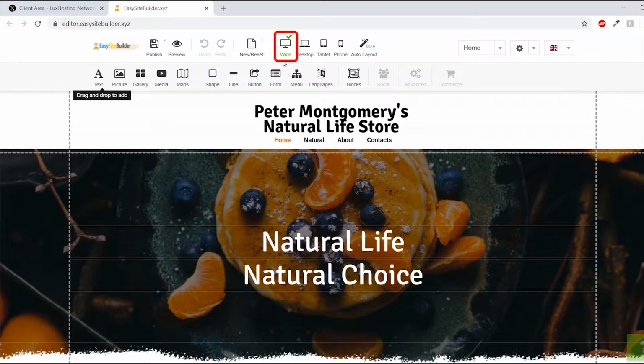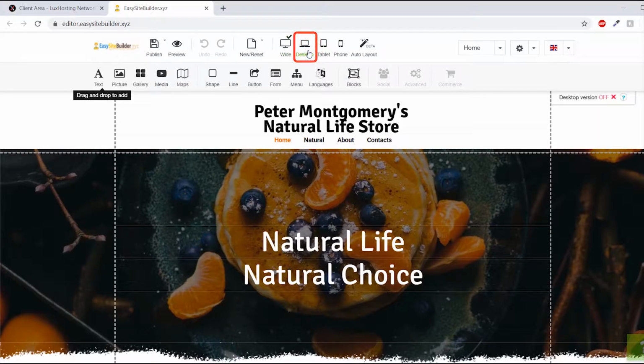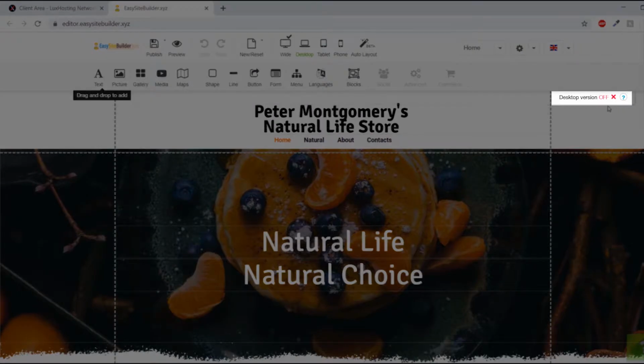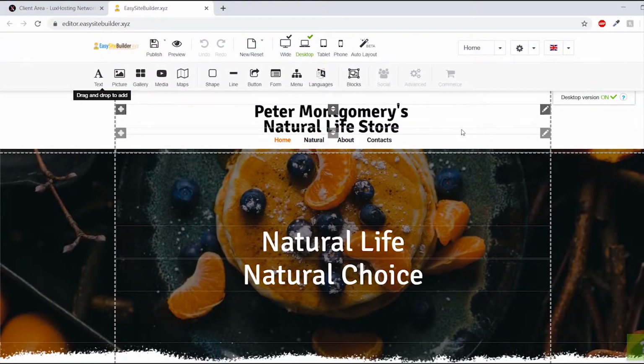White, for example, is for huge desktop sizes like iMac. The desktop icon is made for computer formats. Click on it to see a preview of your website with the right layout. To activate this layout, click on the Off button on the right side under the toolbar so it can change automatically. You can do the same procedure for the tablet